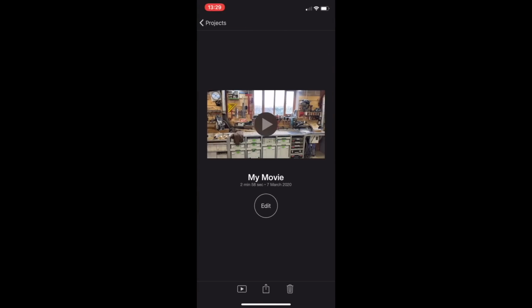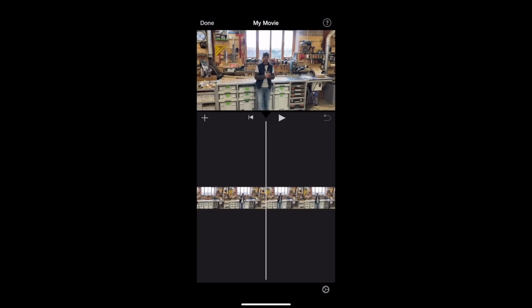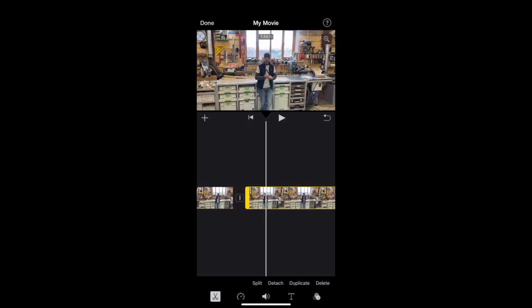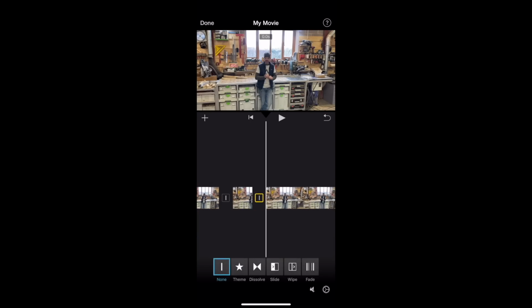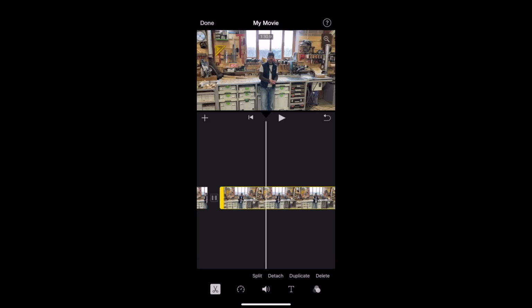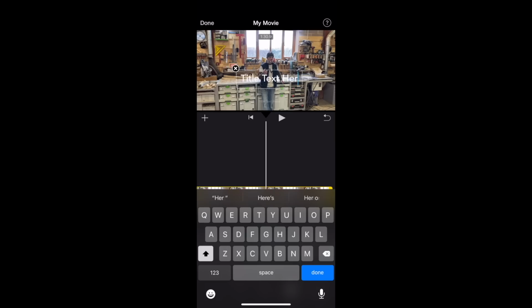So this video that I'm working on, believe it or not, I'm actually recording it on my iPhone and editing it on my iPhone. So you can go to your iMovie, which is a free app. You can chop it up, add bits in here. You can even go in and do your fades, 1.5 seconds, 20 seconds. Even your titles, everything, you speed stuff up, slow it down as you've seen. Put your titles in here, standard titles, as you've seen everyone do. So all of that can be done on an iPhone,